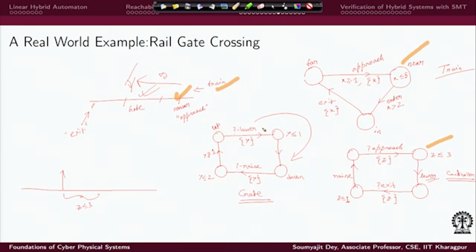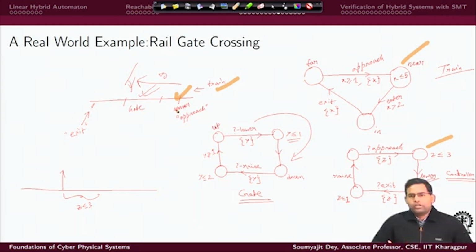So, the gate system must react to this signal and it should have its internal clock reset, so that clock condition here will monitor that the gate must go down inside 1 time unit. So, what this will in effect ensure is that before the train is in, the gate is actually down, right. So, this is how using an automata model you can create the specification of the timings of a real time system,